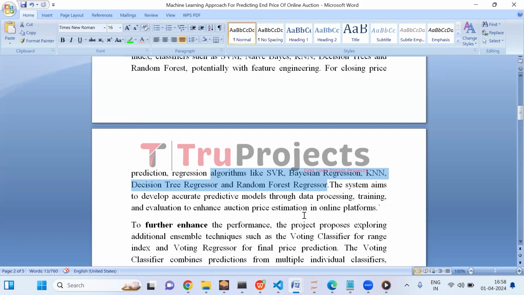The system's objective is to develop an accurate predictive model through data processing, training, and evaluation to improve auction price estimation in online platforms.